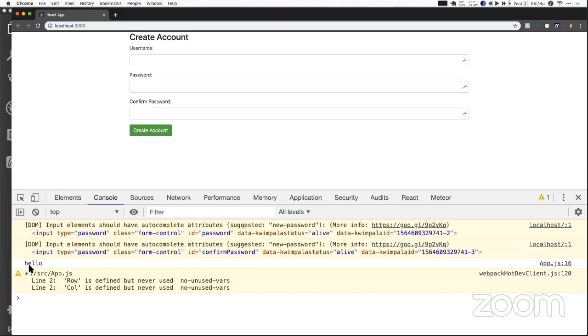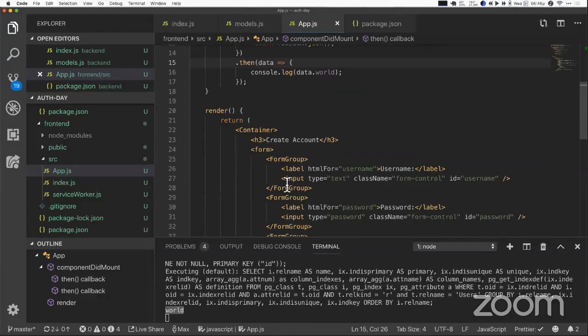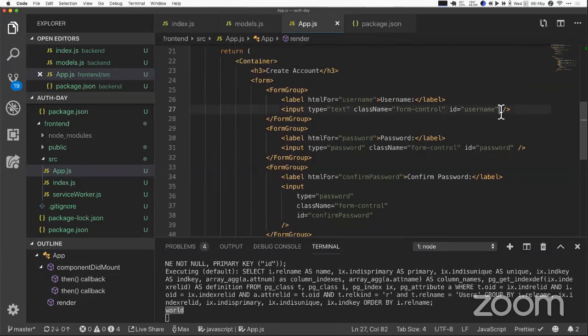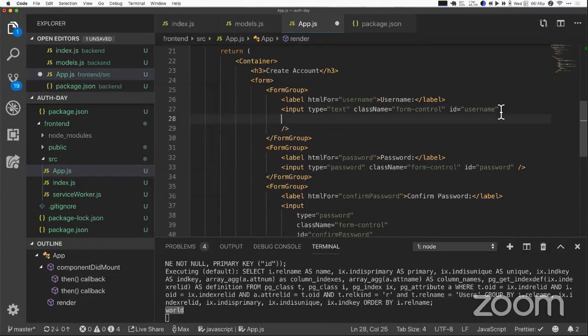So the React way is whenever someone types a letter, we need to put that data into state, right? State is kind of the variables that are happening at runtime. The data that is in the page is what the state is. So what we're going to do, we're going to pull down here, and we will just work with the username to start. So what we're going to do on the input field is we are going to say value equals,